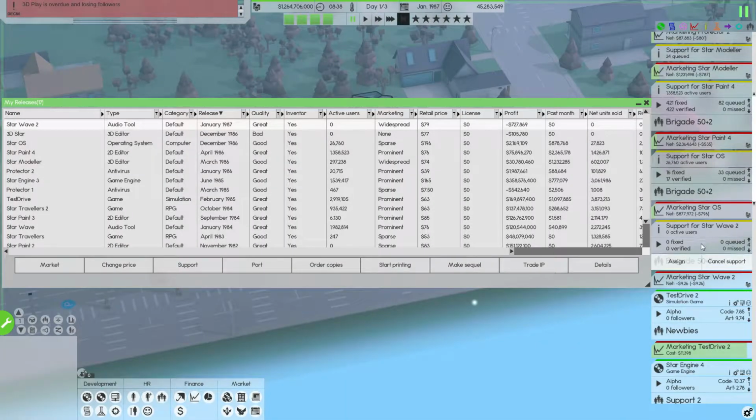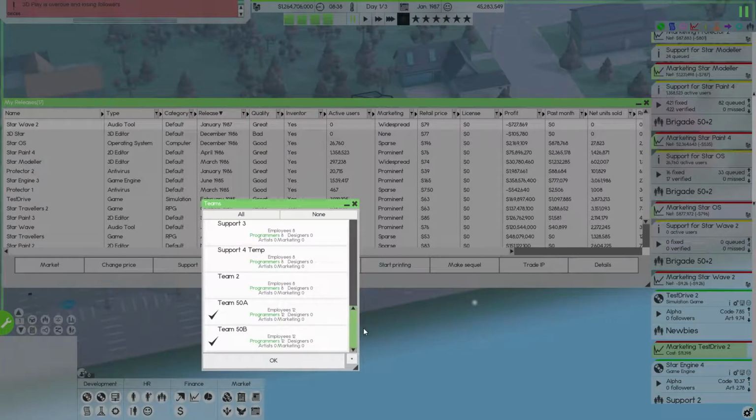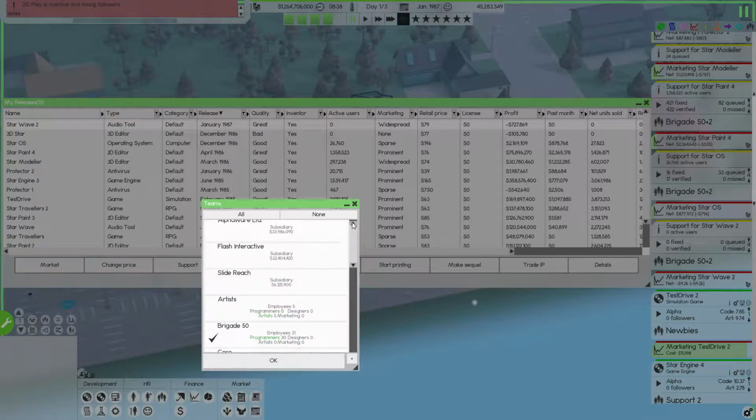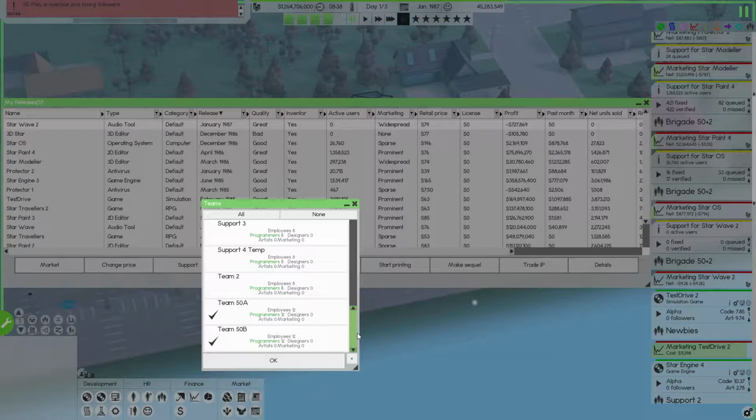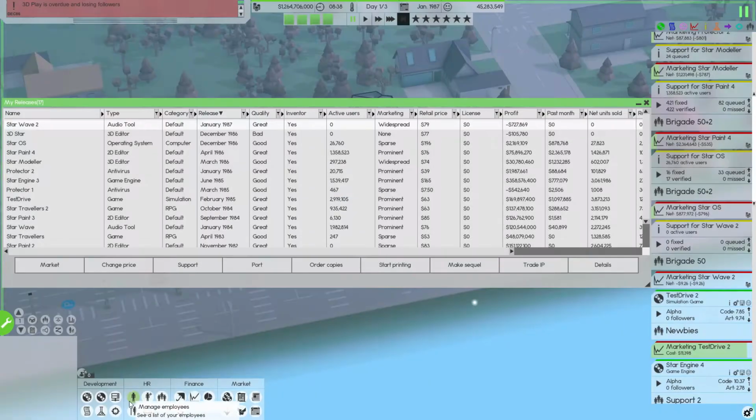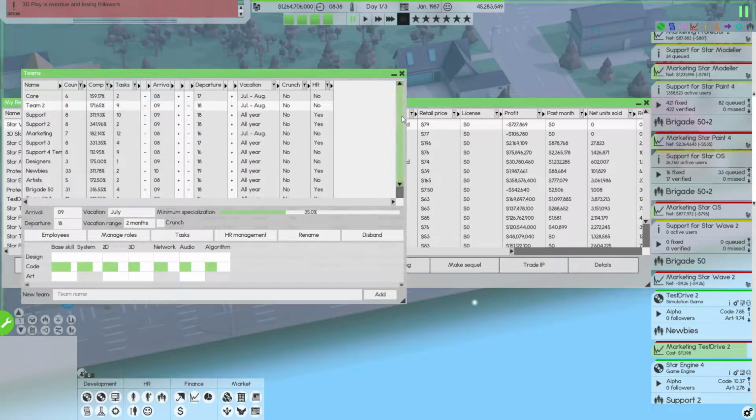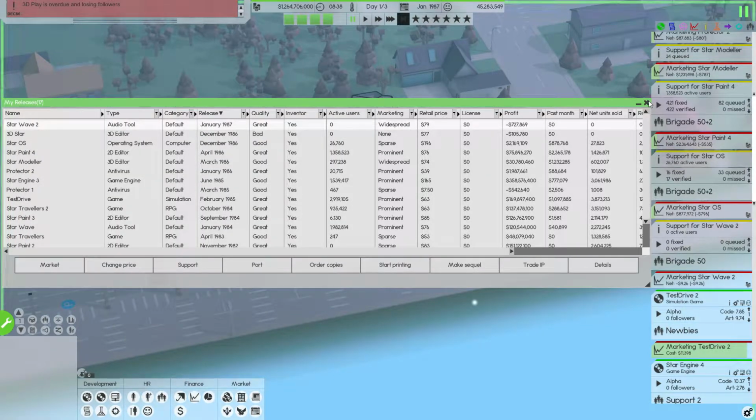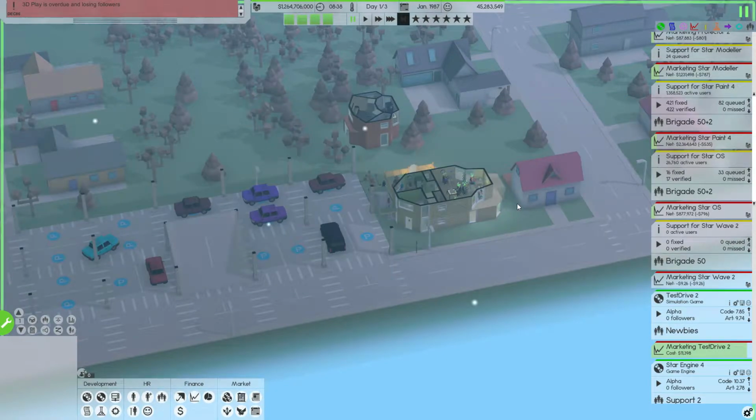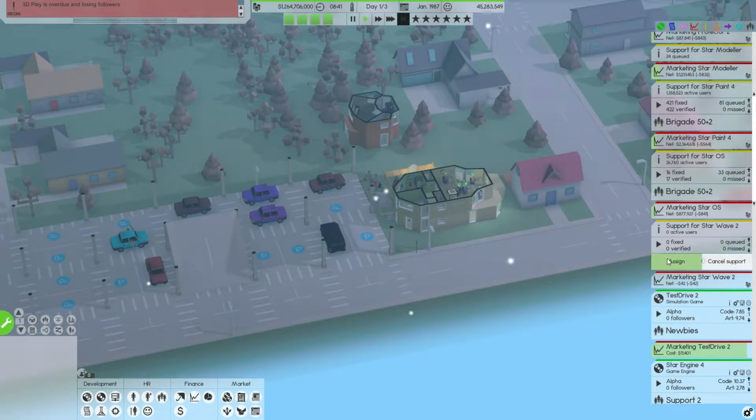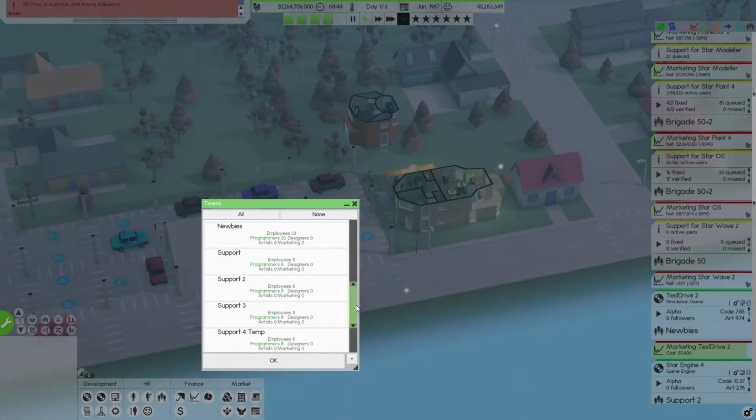Okay. And the support teams need to change. Somehow it decided to switch my default support teams. That's not what I want here. Let's see who is available. Support 3, well, maybe support 3 indeed, yes. For the time being, we'll leave it like this, and actually this will have a lot more active users, so